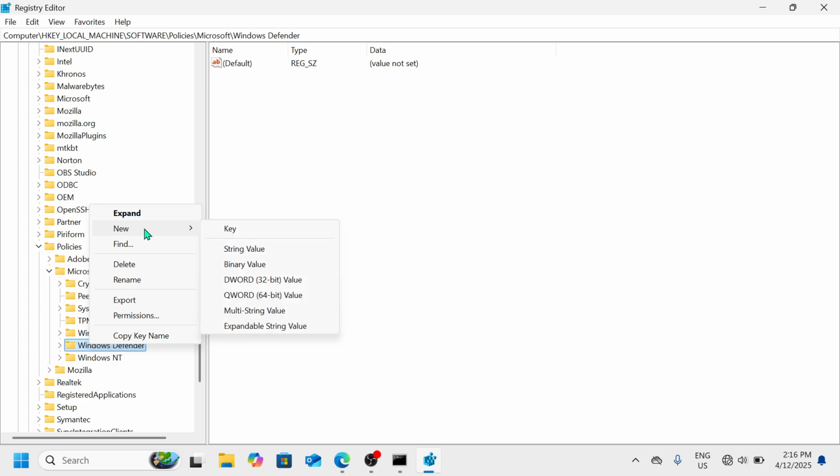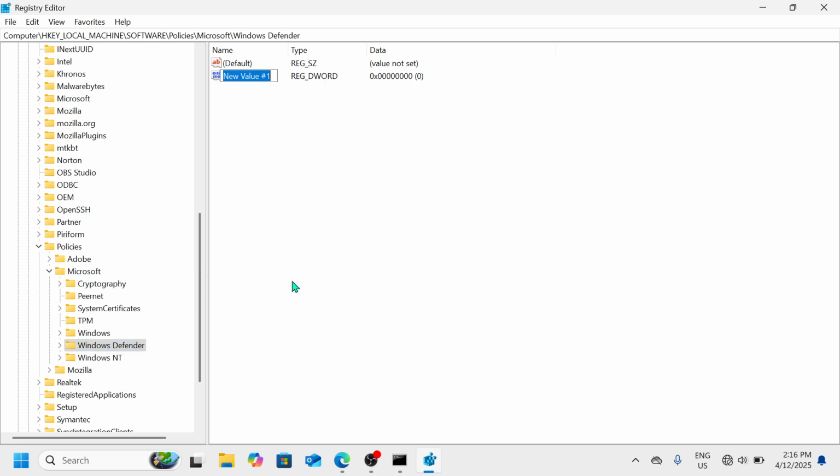You will see this new option here. So bring your cursor to the DWORD 32-bit value. So regardless if you're using a 64-bit device, this is the one that we should select. So DWORD 32-bit value. Once you click on that, you will see in the right section this highlighted option here. So all we need to do is just to type disable. So please follow the way I am typing it. So disable